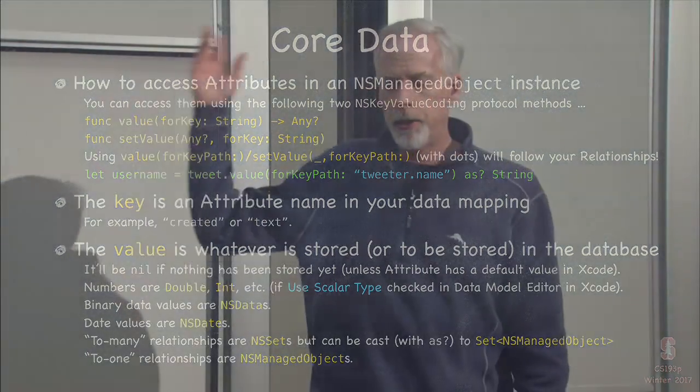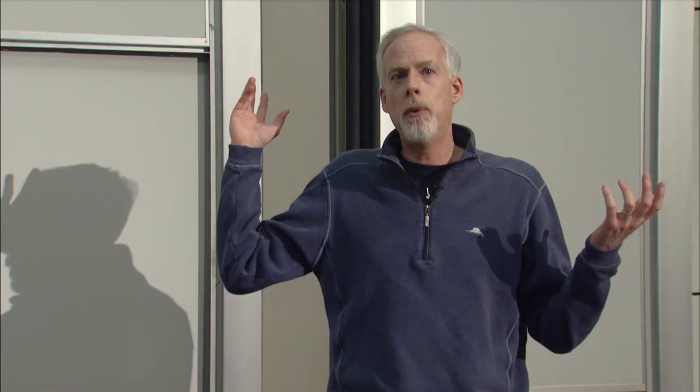Yeah, so the question is, does setValue reject something where the types don't match? And the answer is it can't. It doesn't know the types. The types are Any, and everything matches Any. So there's no way for it to have enough information to reject. As long as it matches Any, it'll accept that as the type. And then at runtime, it will crash if you try to set a date into a string field.